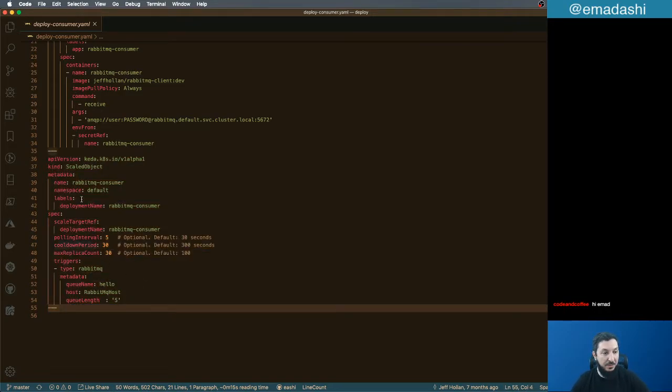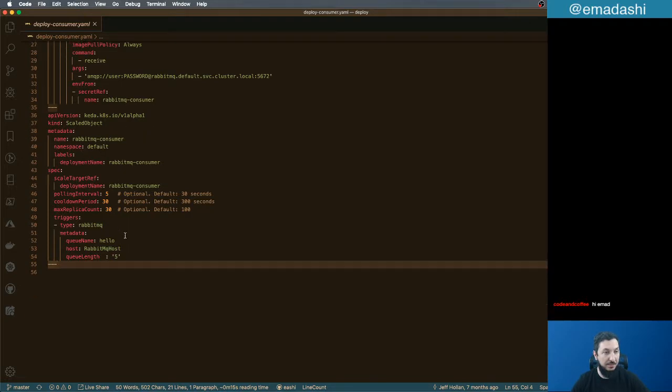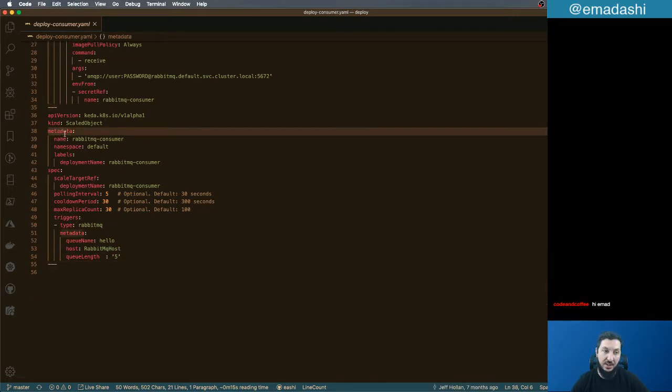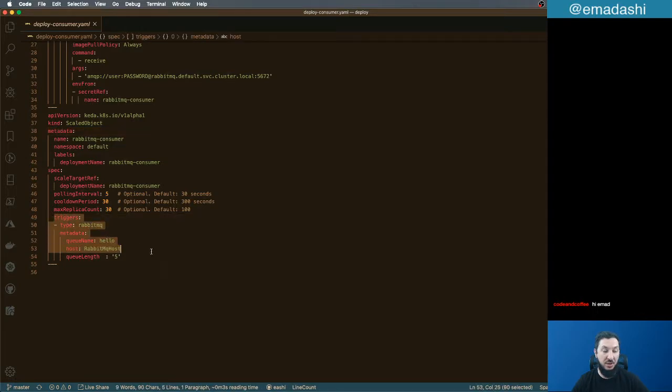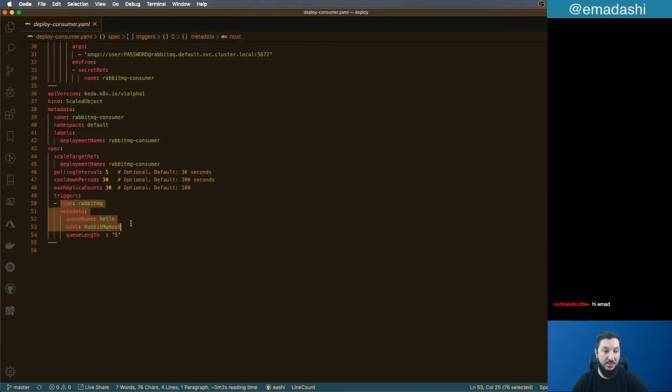In the metadata part, this is not the metadata. Yeah, this is the metadata for the object itself. The metadata starts from the triggers. So in the list of triggers, we have one trigger. This trigger is for the RobotMQ. This is where